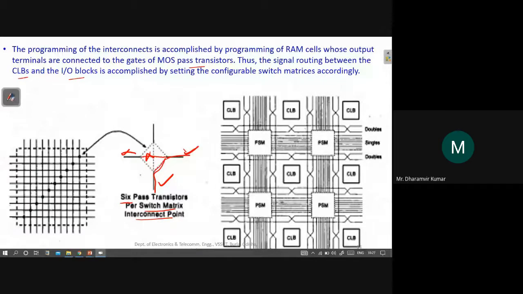So these are CLBs, and these are the switch matrices, which will be programmed for connecting different routing channels. These are the logic blocks, this is a CLB, and these are the switch matrix blocks.